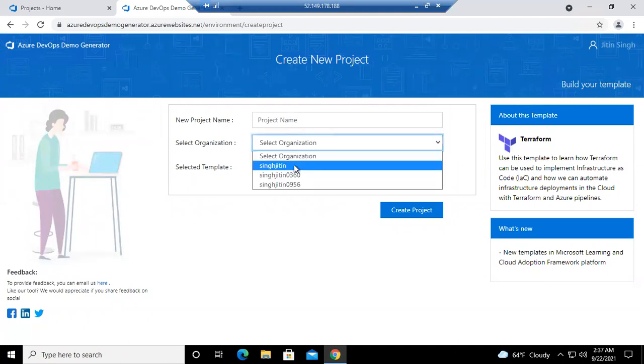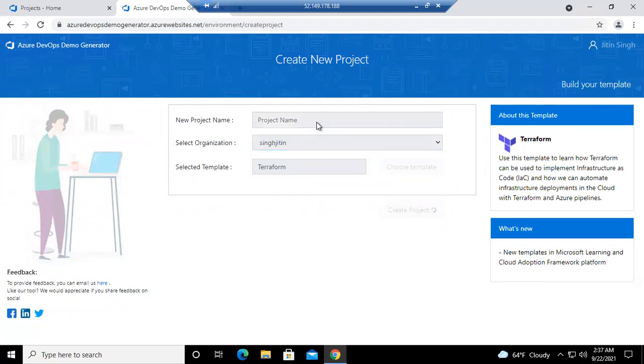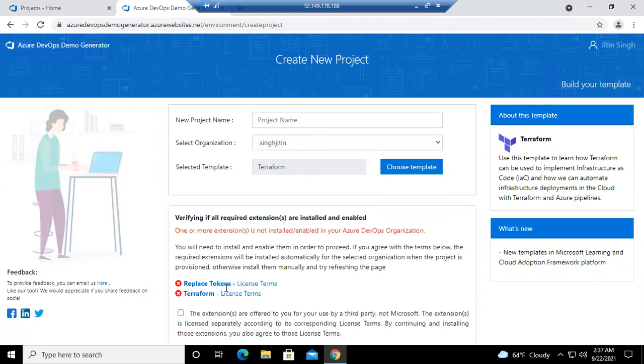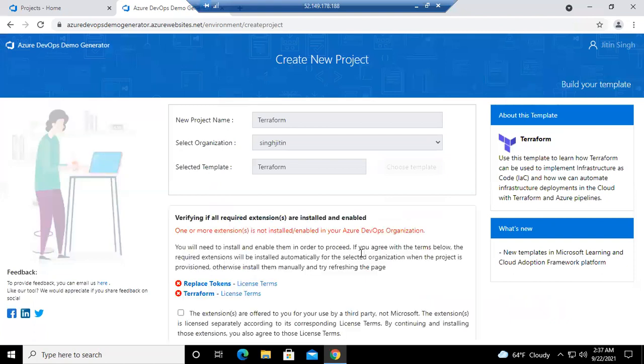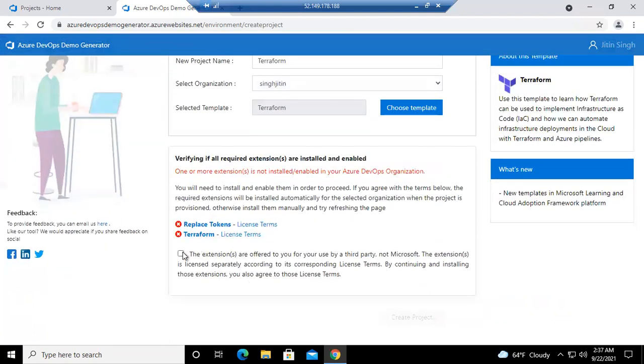Select your organization where you would like to bring this. Manage the extension over here. And let's say I'm bringing this particular project in. So we just need to wait for a few seconds by the time it brings that particular project.